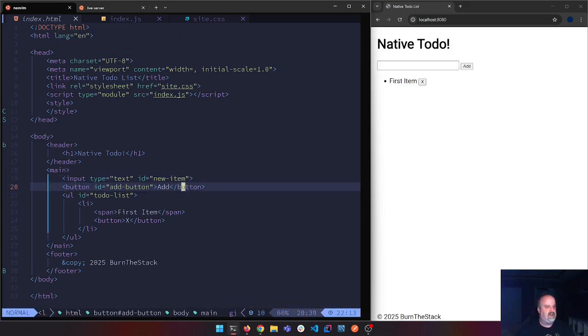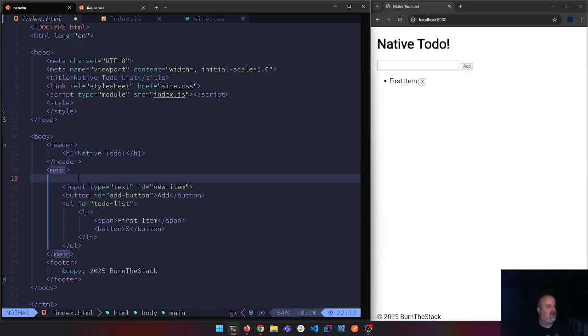And then the next thing I want to do is that when they type something in, if they hit enter, it should take it. They shouldn't have to tab over to the button if they're using their keyboard. They shouldn't have to click on that. If they hit enter, it should work. And the way we can do that is if we put this all in a form,